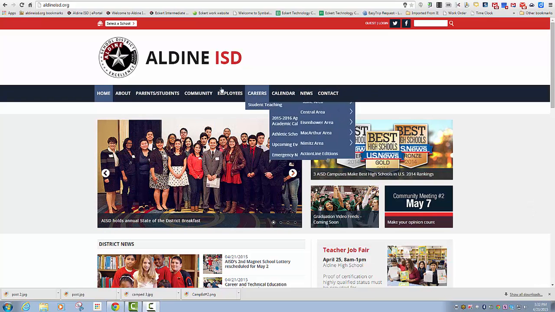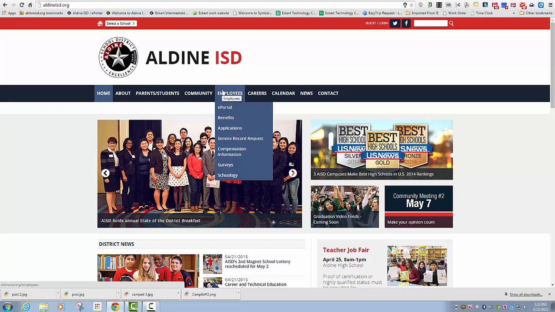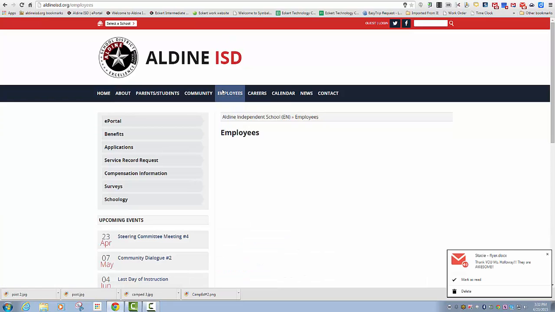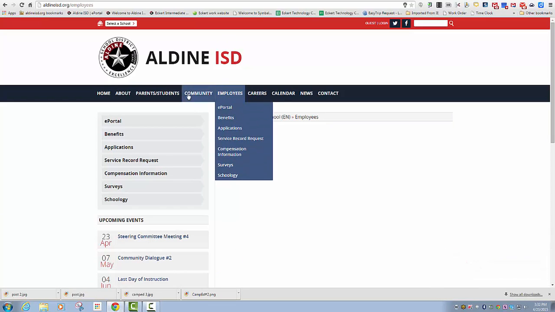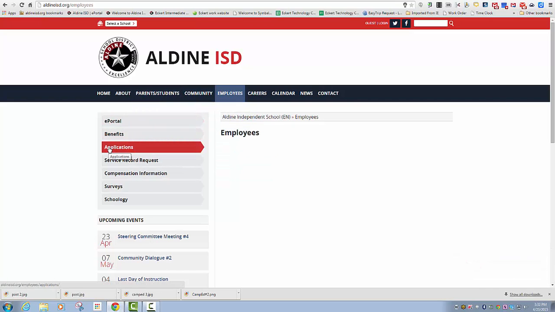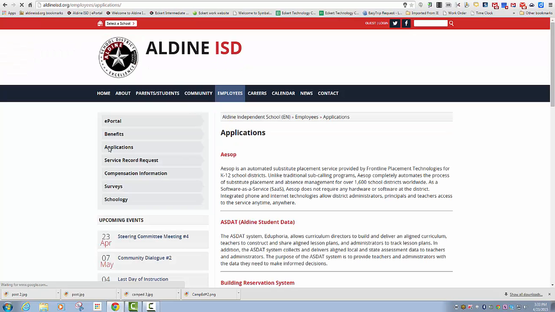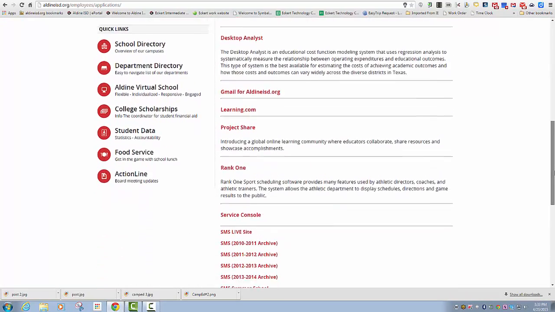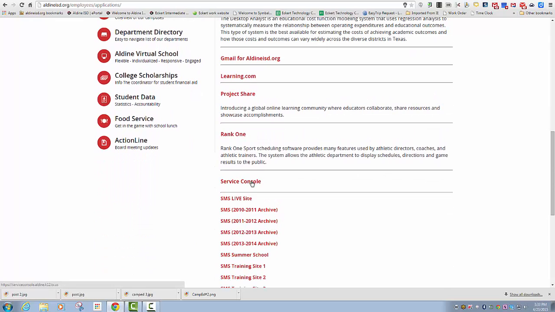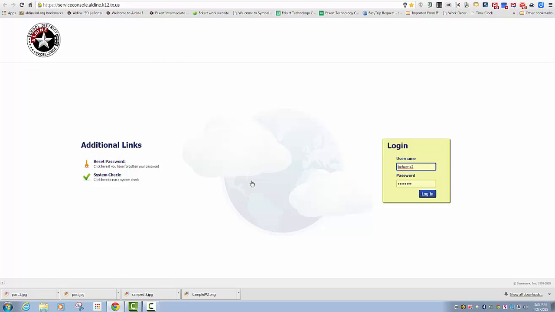You're going to go to Employees, click Employees. After you click Employees, you are going to go to Applications. After you've clicked on Applications, you are going to scroll down to where you find Service Console, and then you'll click Service Console. When you click on Service Console, you will see your username and password on the screen. If you don't have that, you will need to type in your Novell username and then your password, and then